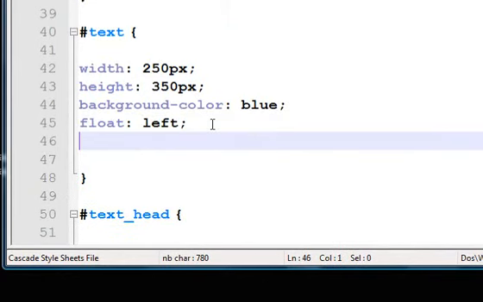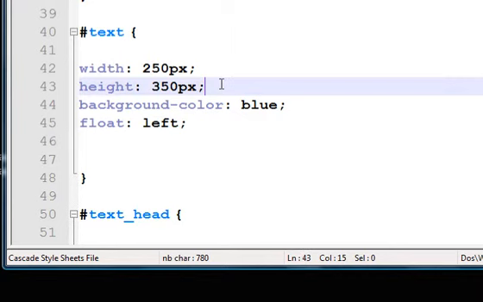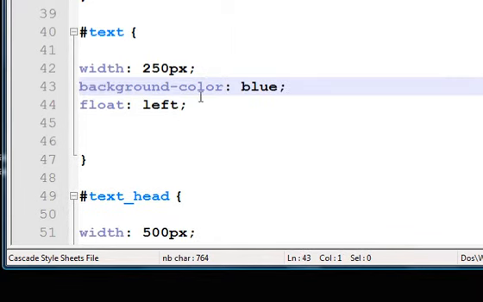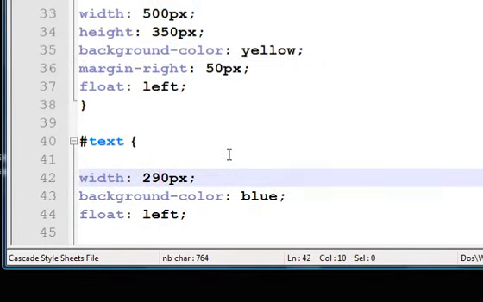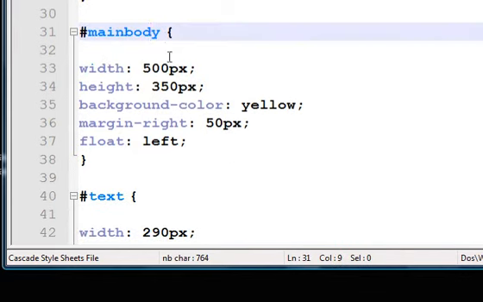Now let's remove the height and let's increase the width of the text area to 290 pixel,